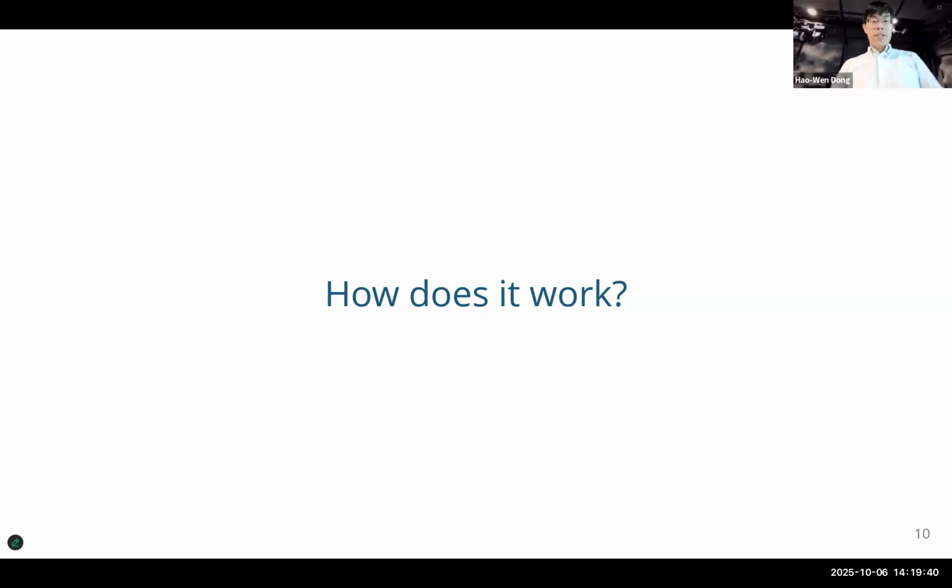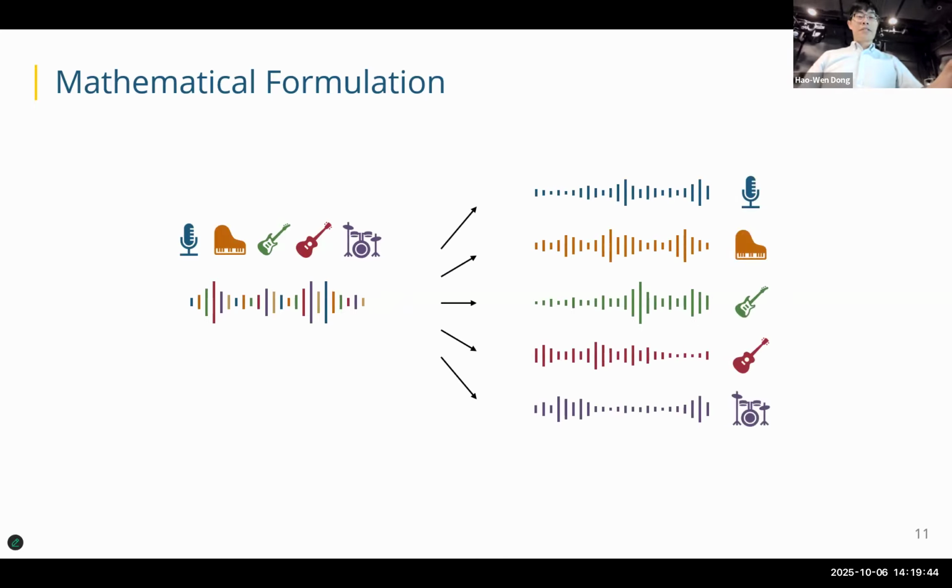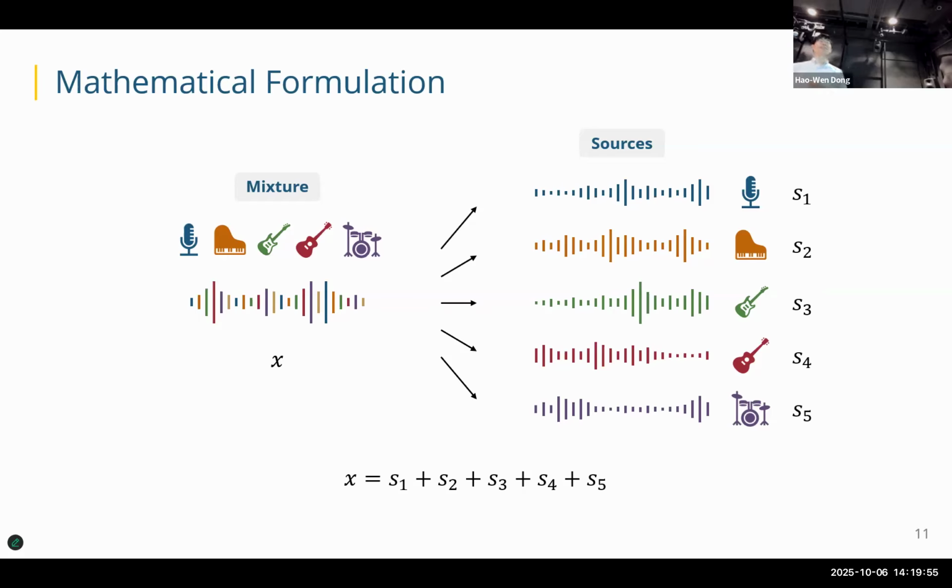Cool. So mathematically, it's very simple. The input mixture will be X, and you have a bunch of sources. And to be honest, this is basically what we have. X equals S1 plus S2 plus S3 plus S4 plus S5. That's it. So this is a mathematical formulation, but you can imagine how tricky this is, because there are